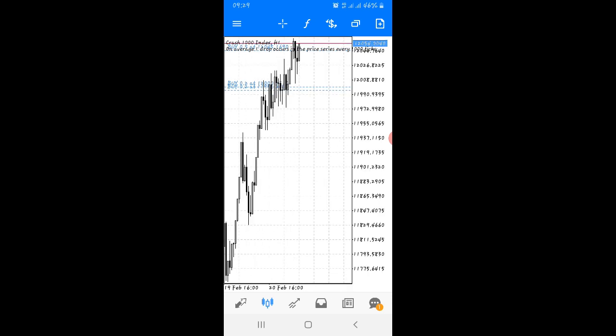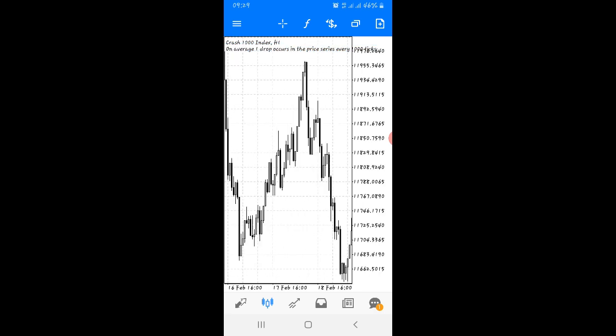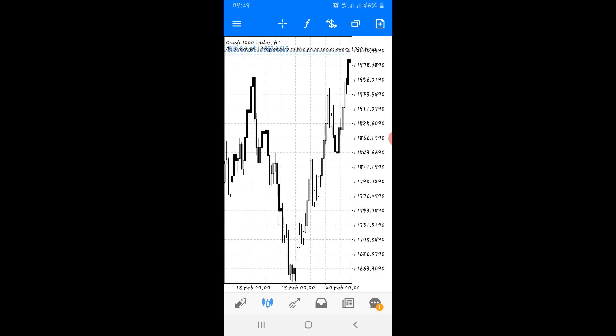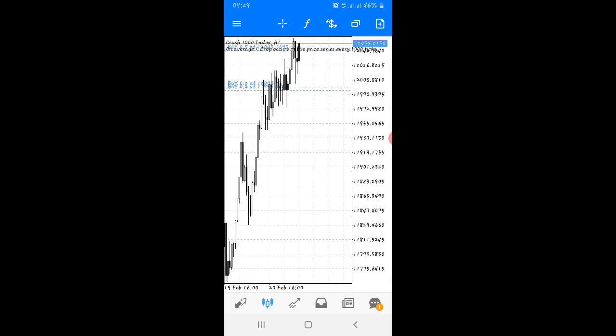It doesn't contain any indicator, and also the lines for the analysis are not here. All those were done in my system. So I'm just showing you guys that you can actually trade